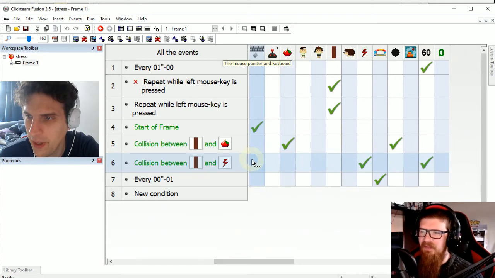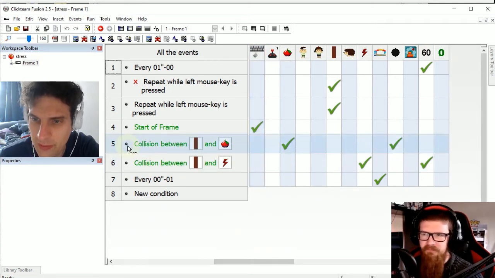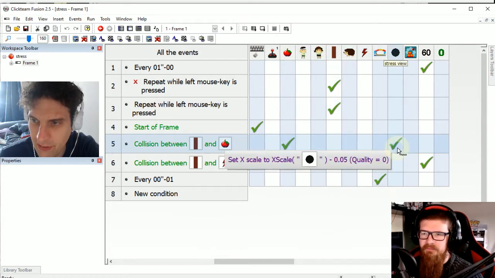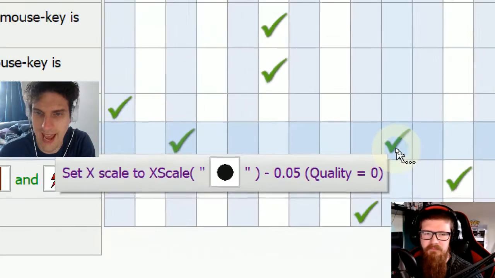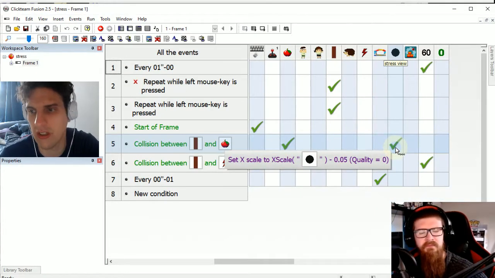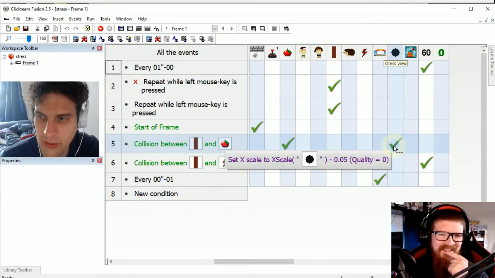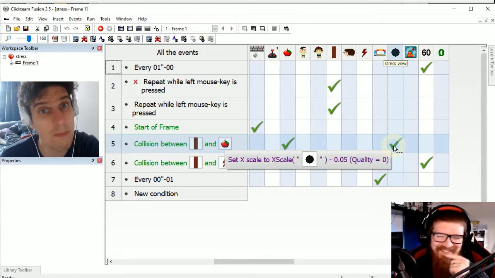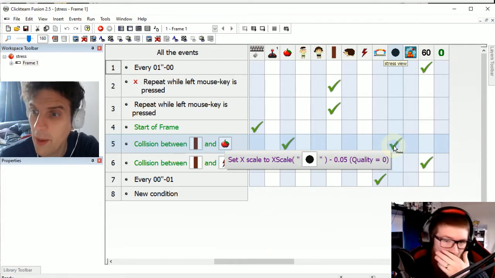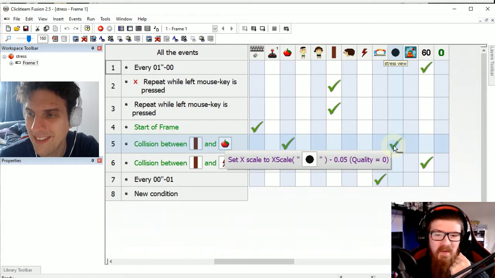So I think we have got an issue here. If we have a look at the line, when the bat hits any of the good items, the stress area shrinks. And we're only changing, if you have a quick look there, do you see X scale? X scale, which is not a rubbish sequel to X-Men, although there were many rubbish sequels to X-Men. X scale... we need to set just the pure scale.